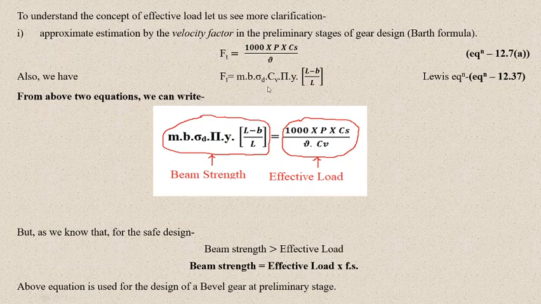One thing you have to keep in mind is that the teeth are subjected to fluctuating stresses. In that case, endurance limit stress is the criterion of design. So here we will always consider that the allowable static stress is equal to the endurance limit stress of the gear tooth, which is again equal to one third of the ultimate tensile stress.